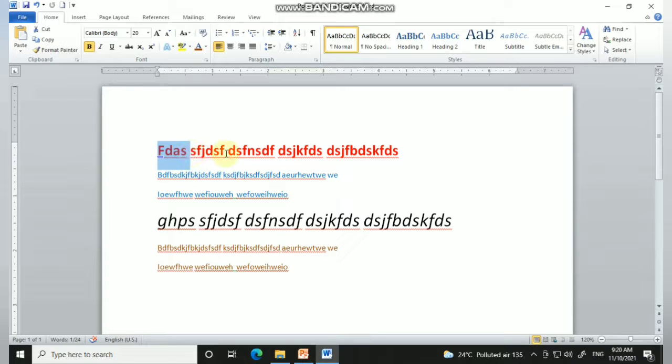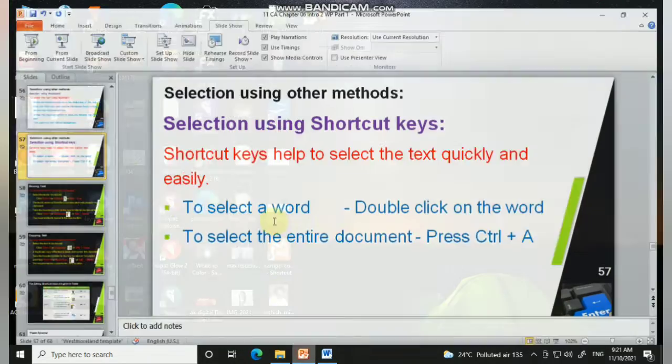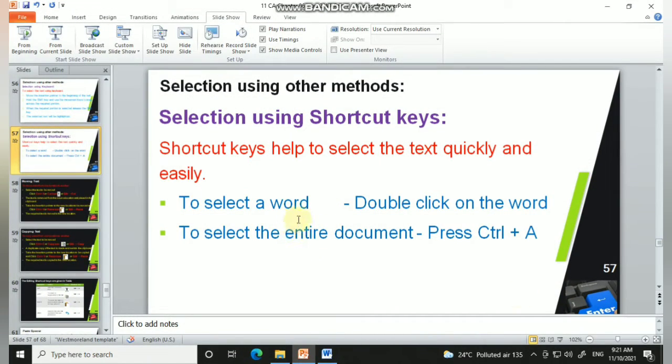This is a double click for a particular word. To select from the beginning of the text to the end of the text, I just press Ctrl A. Ctrl plus A selects all the text in your document. Clear, children? So this is what is given here.